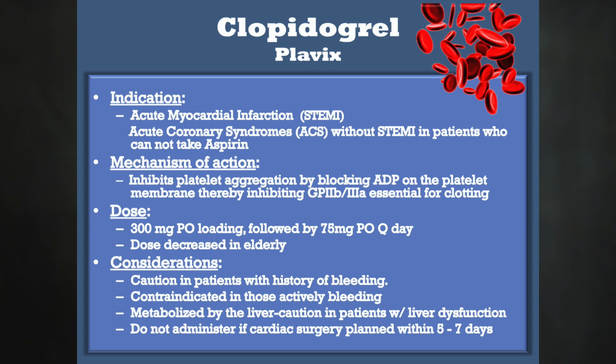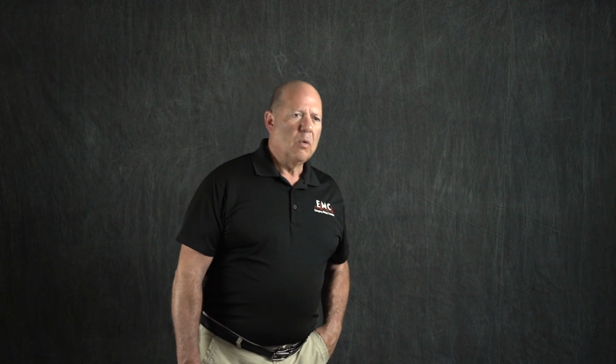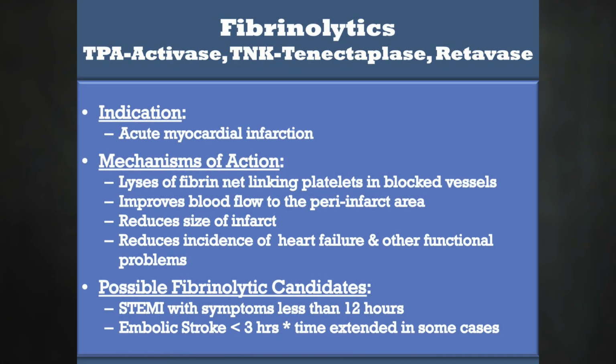We'll use Plavix in conjunction with aspirin to stop clotting in a different manner. The standard dose is a PO dose of somewhere between 75 and 300 milligrams, depending on the patient's medical condition and whether or not they think he's going to be getting a bypass surgery in the next day or so. To open up the vessel, we have medications that are used as fibrinolytics to eat the clot and move